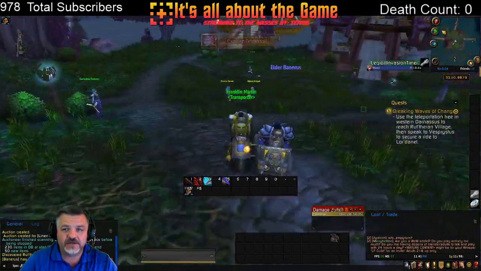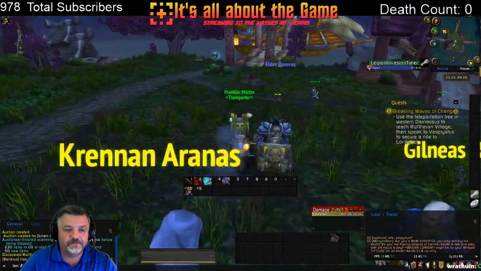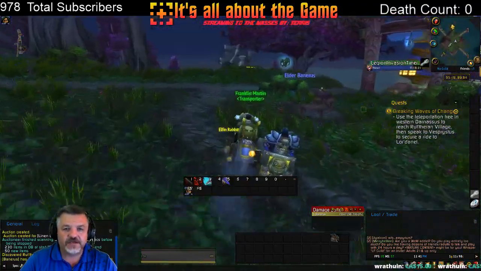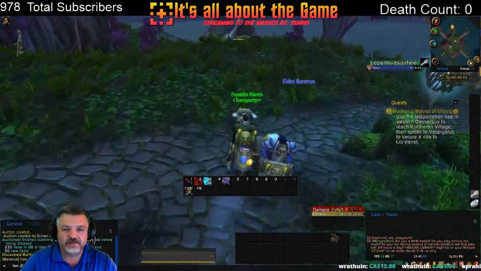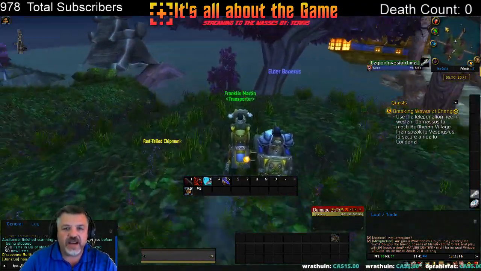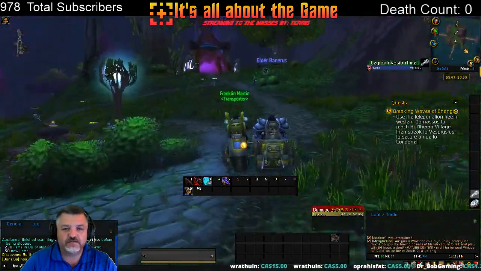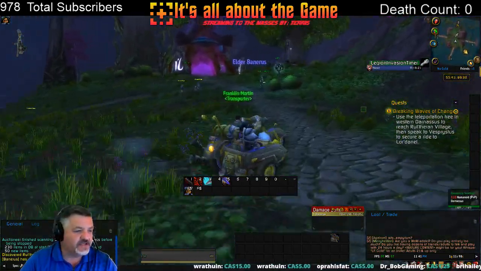Explore Teldrassil. So, you don't need to take the boat anymore, do you? You can just do the flight point thing. Oh, right, Cataclysm totally destroyed the flight point. But I think you can fly direct from Darnassus now, so...